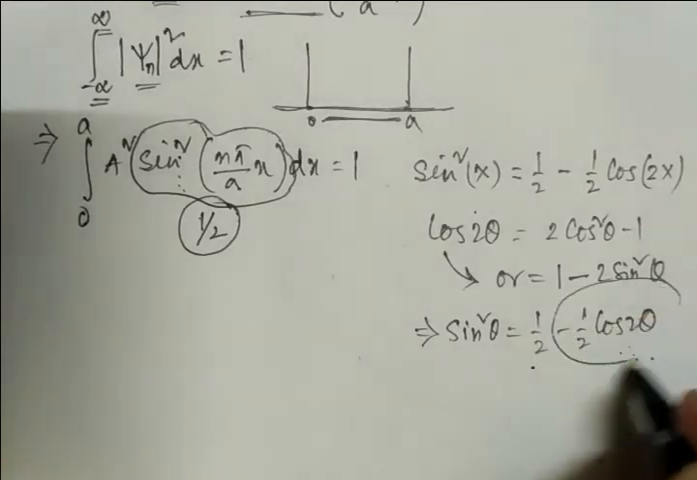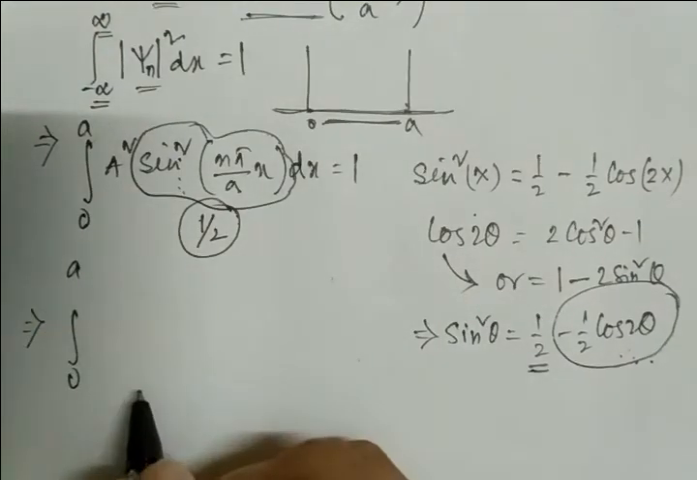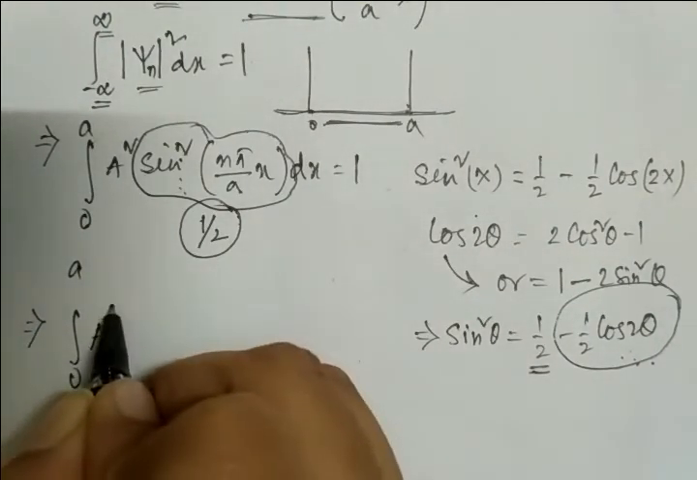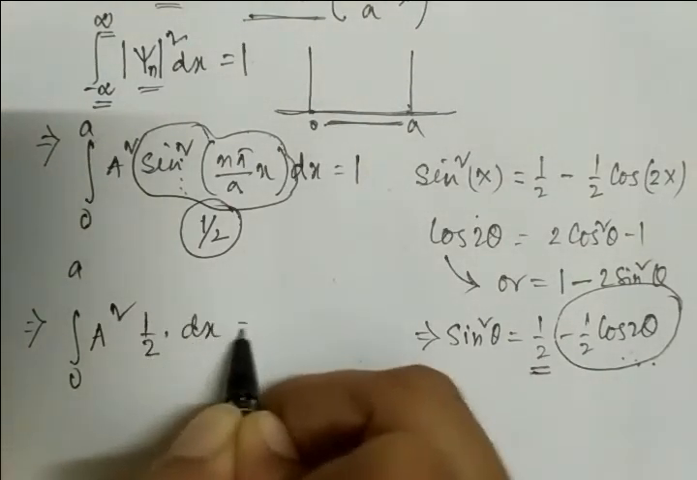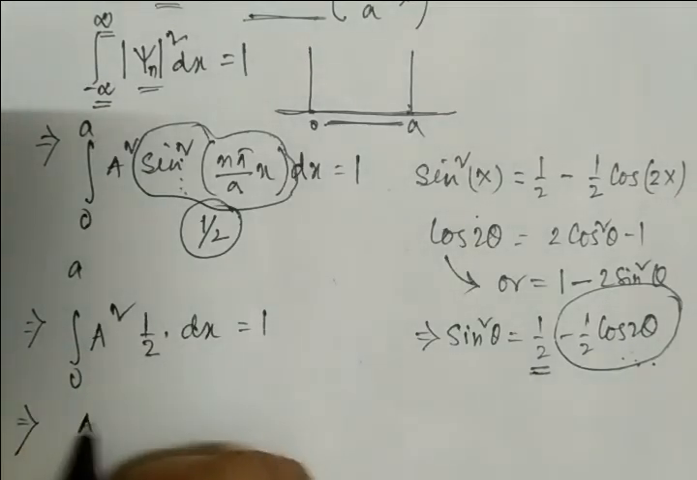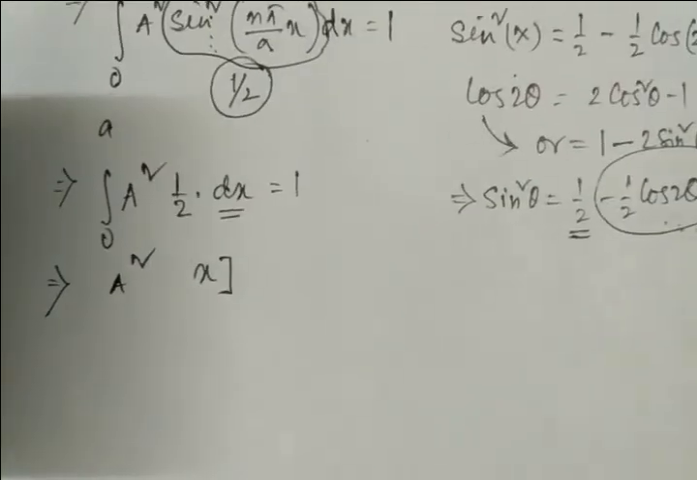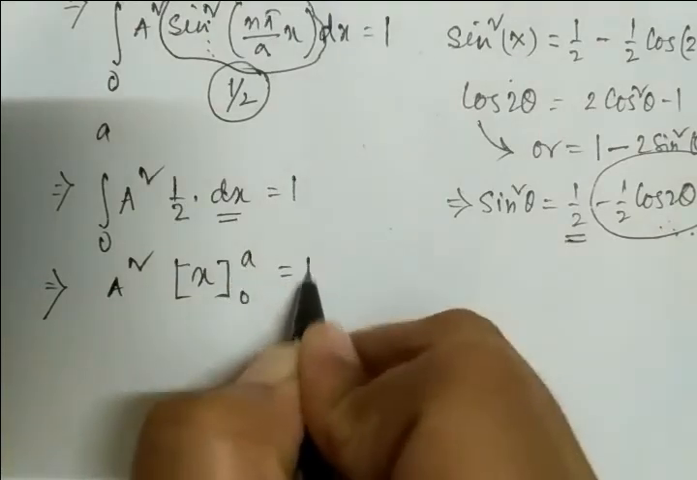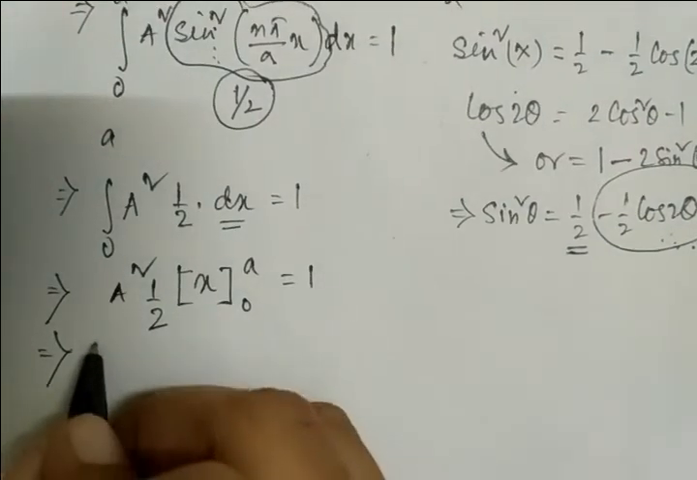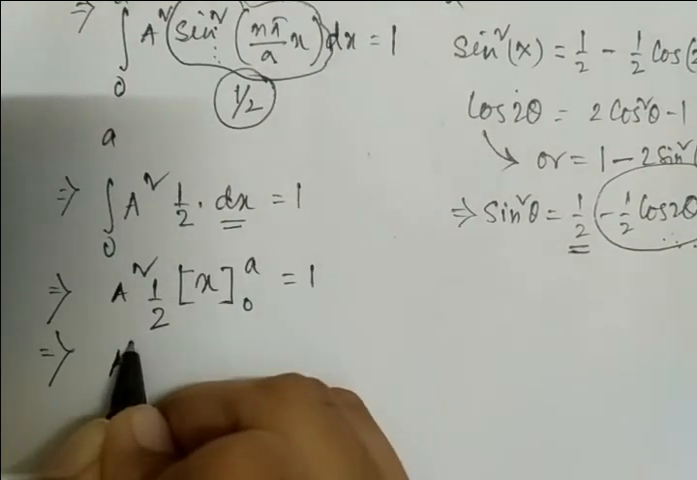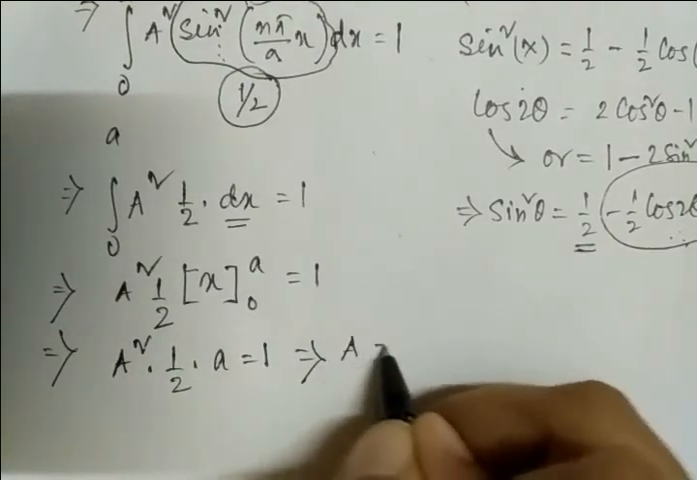So we will not consider this term. Here the average value will be half. So if we put the value from 0 to a, a square into half into dx, that is equal to 1, and a square is a constant. The integration of dx will be x, from 0 to a, that is equal to 1, into half, then a square into half into a equal to 1, that is a equal to root over of 2 by